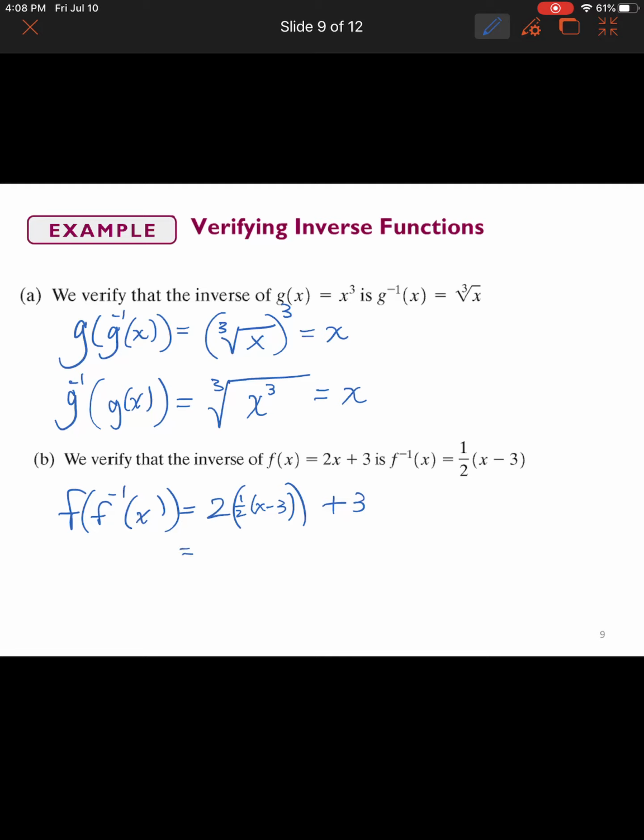And that gives us 2 times 1/2 is 1 times x minus 3 plus 3 equals x. Do the same thing for f inverse of f of x. So this time we're going to take 1/2, and then